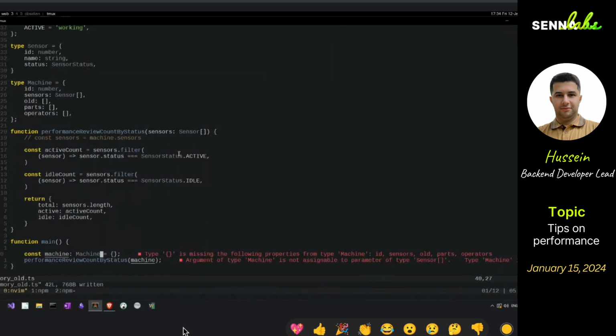Why is it complaining? Yeah, because it's missing a lot of stuff. Right, so let's say I pass the machine. What will happen? What do you think will happen? If you remember what happened with C, when I pass the machine to this one,